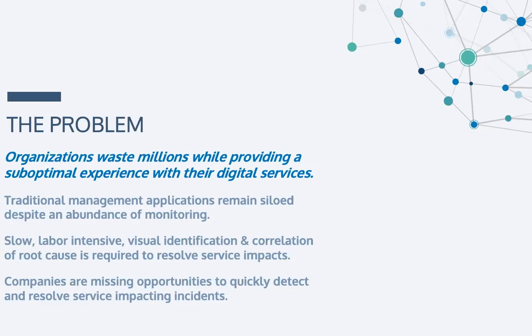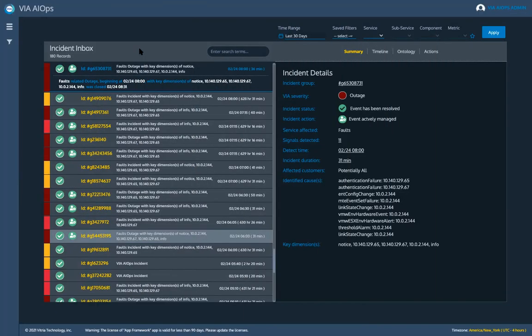Today, the traditional methods of monitoring and event management are being used. So, this is creating a lot of overhead in terms of identifying problems, in terms of putting people that have to monitor and look at screens to fix that problem. With the VIA AIOps Incident Inbox, SREs can easily identify open issues that need to be attended to right away